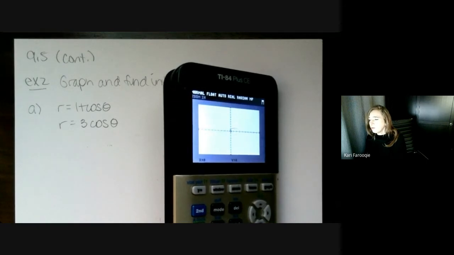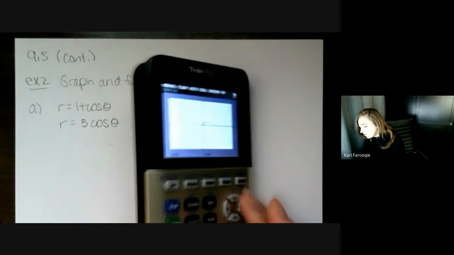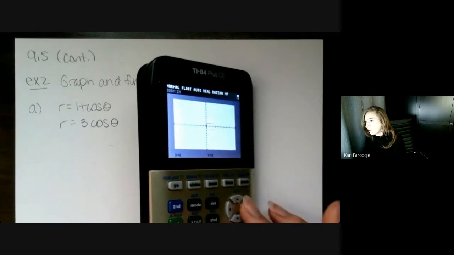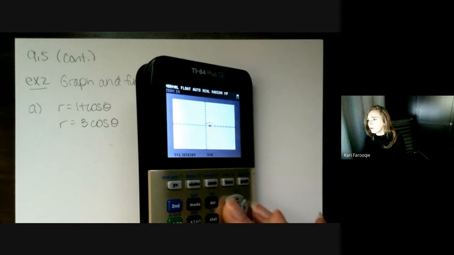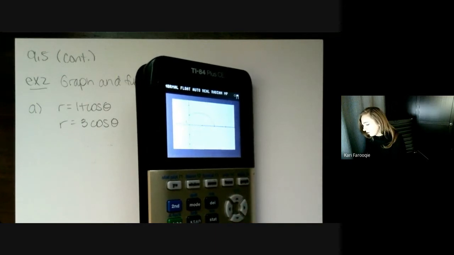And then you can decide where you want the center to be. Since you can see the pictures a little bit further off to the right, if you want the center to be more like in the center of your picture, you can scroll over there. You can hover your cursor over wherever you want it to go, and then you can hit enter. And then that's where it's going to center the zoom.